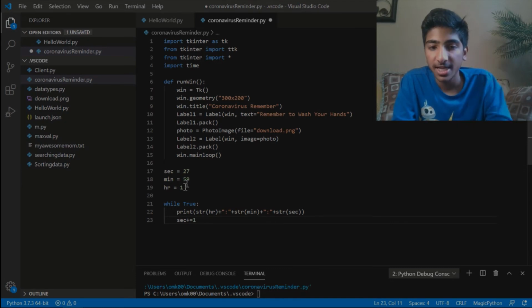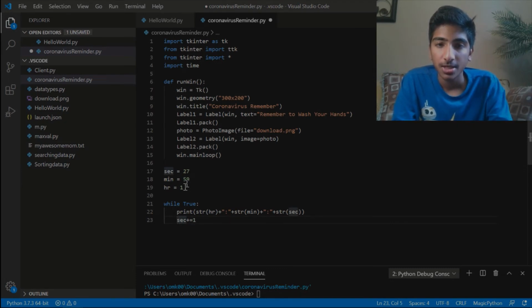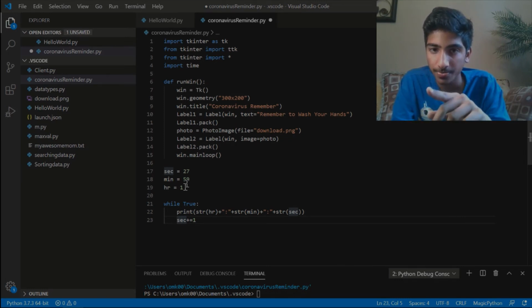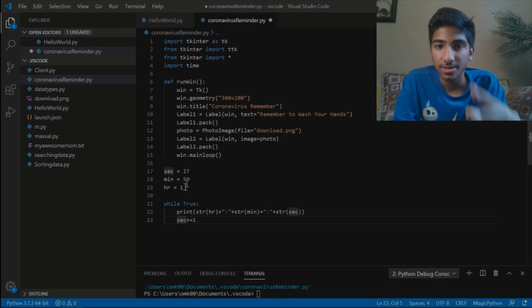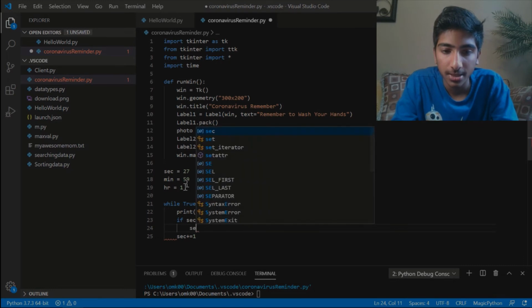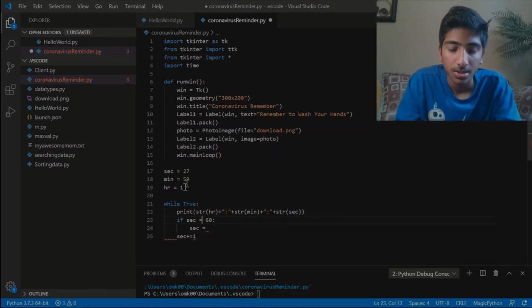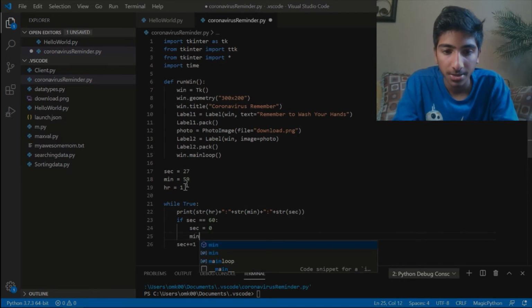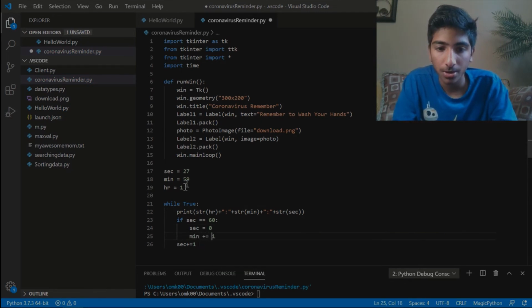But that would only increase the seconds. So the way that a clock works is it goes to 60, then 60 seconds becomes 1 minute, and seconds would equal 0. And the same thing for minutes to hours. So if there's 60 minutes, it would turn into 1 hour, 0 minutes, which is what we'll do now. So here we'll do if sec equal to 60, then we'll make sec, oh wait, that's just easier. Sec will equal 0, so it'll go back to 0, and minute will plus equal 1, or it'll gain by